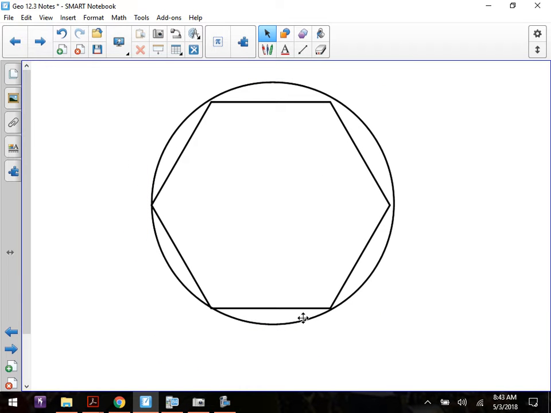Now, when you have what's called a regular hexagon, again, that means that all of your chords are the same, which then meant that all of our arcs were the same. How many chords or arcs are there in this diagram? There's 6 of them. If each one of them is the same, what does each one of them measure? 60. Okay, they all measure 60 degrees. So if these are all 60s,